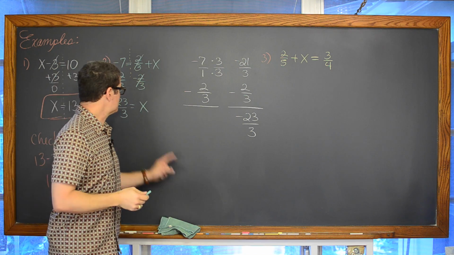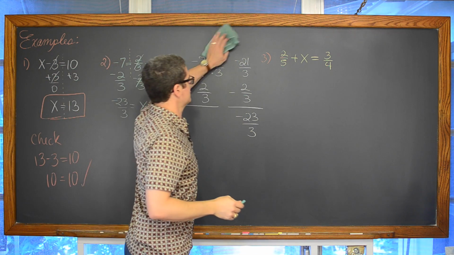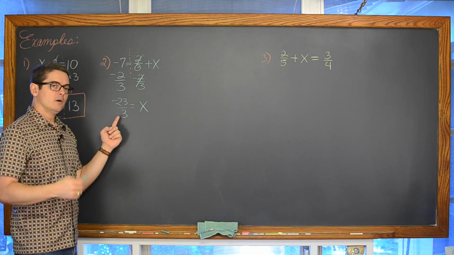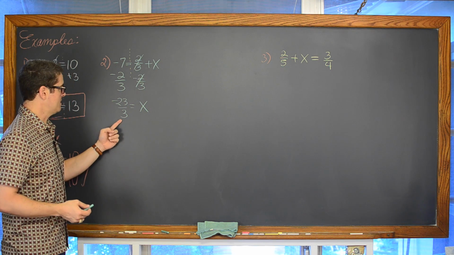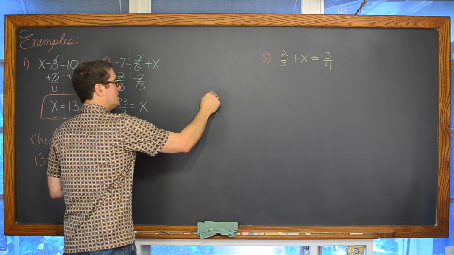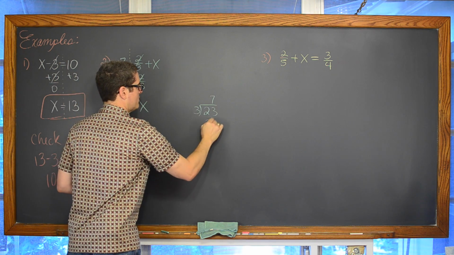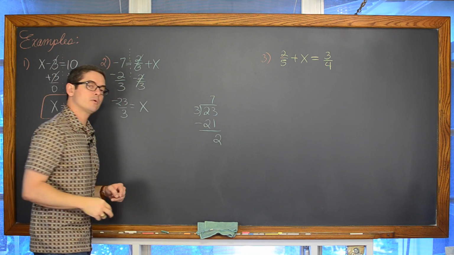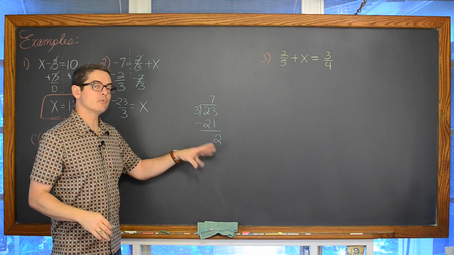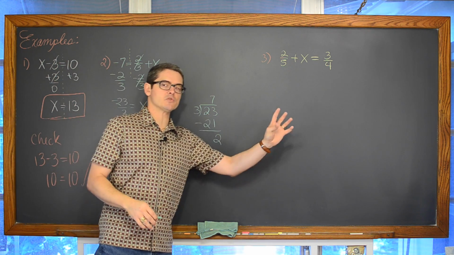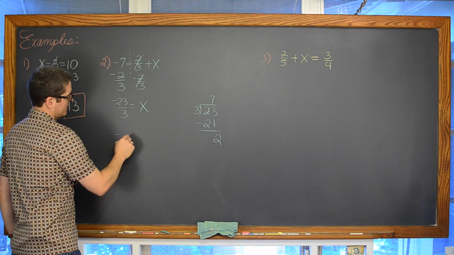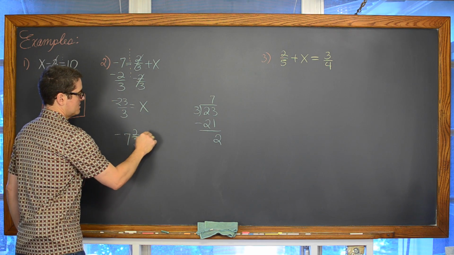Now, turning this improper fraction into a mixed fraction, if your teacher would like to see the answer that way, you want to think to yourself, well, okay, this is division, right? How many 3's are in 23? Well, that would be 7, right? 7 times 3 is 21. Take away the 21, that leaves you with a remainder of 2, and 3 will not go into 2. You would have to introduce a decimal and a 0 and start going into decimals, but I want a mixed fraction. So that is my remainder, and this mixed fraction is negative 7 and 2/3, which is equal to x.